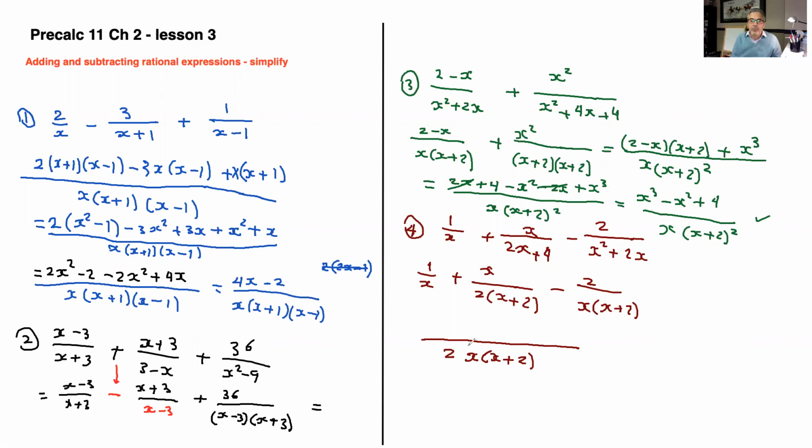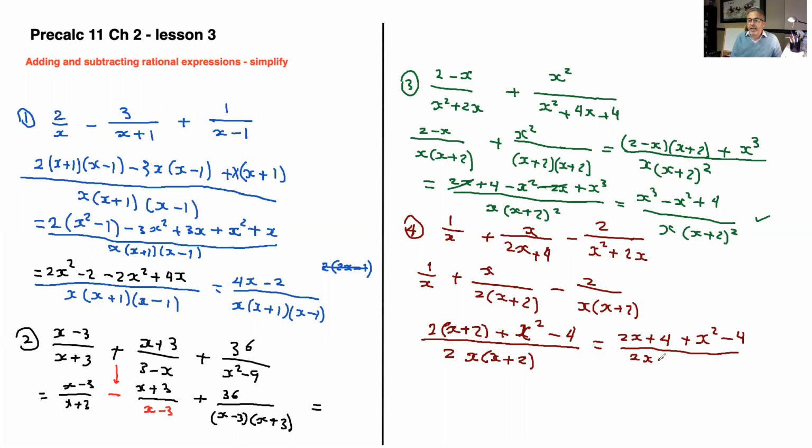Now you start comparing. You compare this to this. It's missing the 2 and the x plus 2, so that's what you have to multiply the 1 by. So you'll end up with 2 and brackets x plus 2. Plus, if you compare this to this, it's missing the x, so you multiply the x by x, and you get x squared minus, if you compare this to this, it has the x and it has the x plus 2, it's missing the 2, that's what you have to multiply that by. So 2 times 2 is 4, equals 2x plus 4 plus x squared minus 4 all over